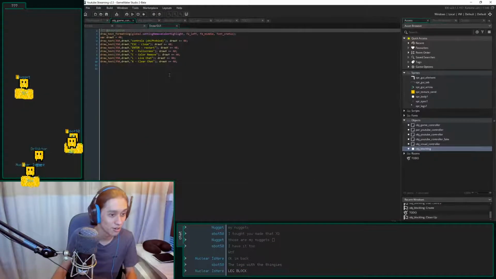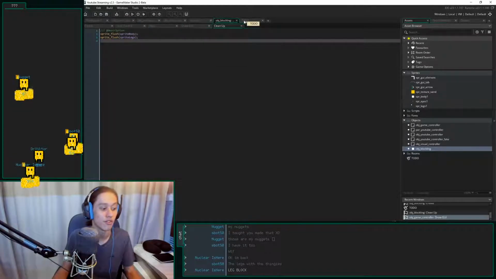I feel like it's got to do with his leg sprite, but it's only some people. Some people's leg sprites are wrong. I have no idea what that is. I don't know why they're cheerleaders. They're like having pom-poms and stuff. I did not program that part in.